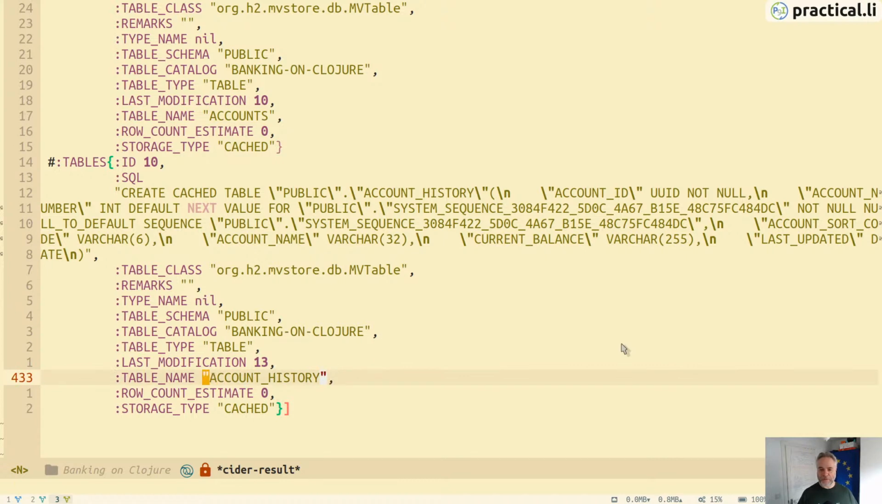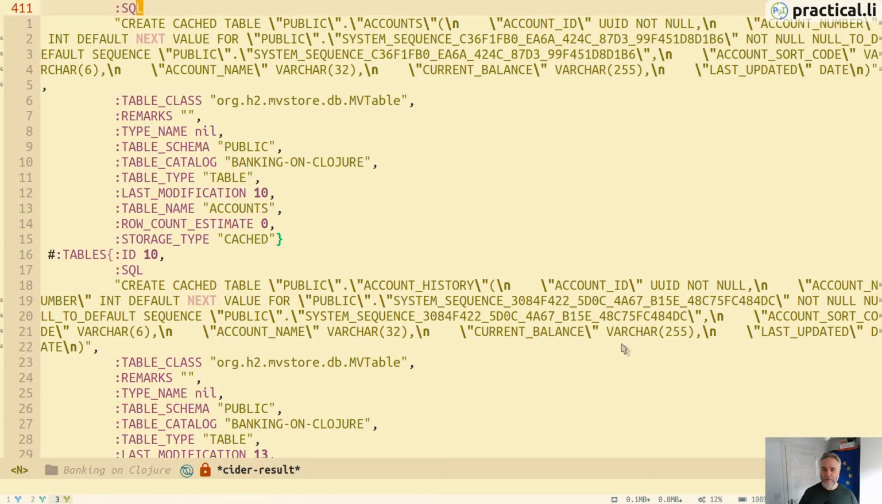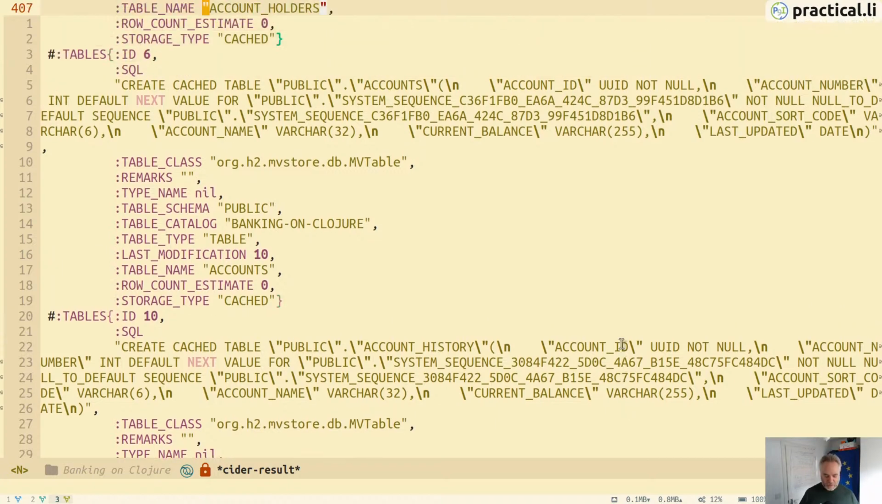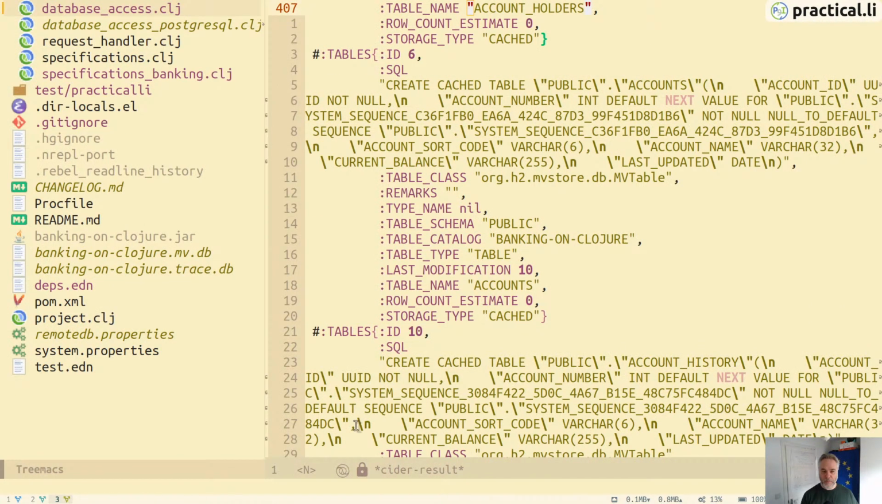So I've already run those defs, and it's created a file. They're already in the MVDB file that we created for H2. So you only need to create them once. They're not just contained in the REPL's memory. They're actually written to disk as well, into the banking on Clojure MVDB file. So they're all in there, and you don't have to recreate everything all the time. But obviously, if you do need to do that,